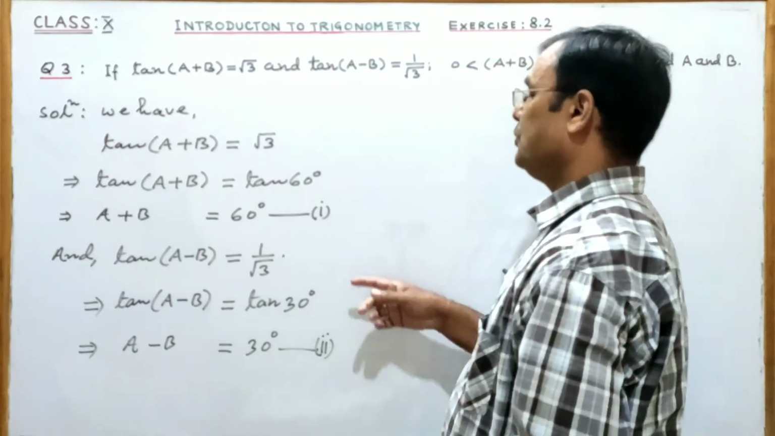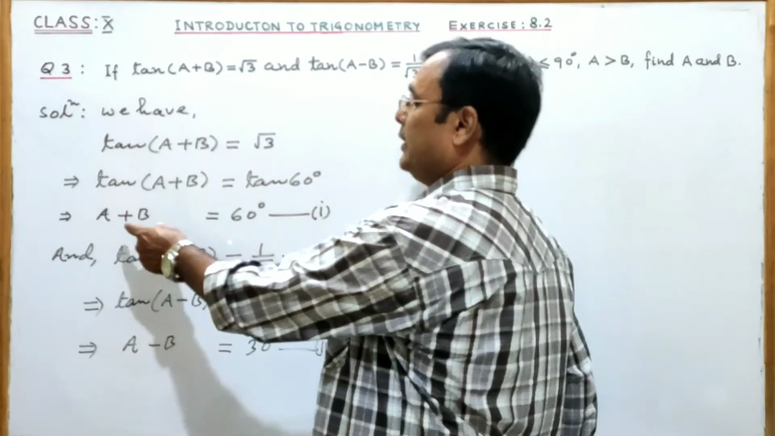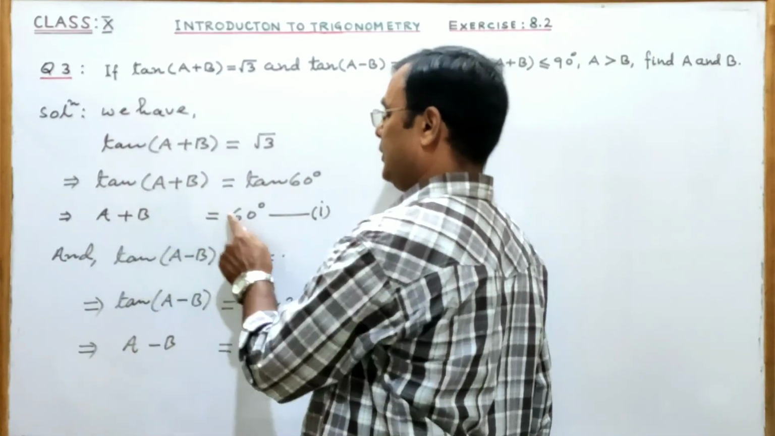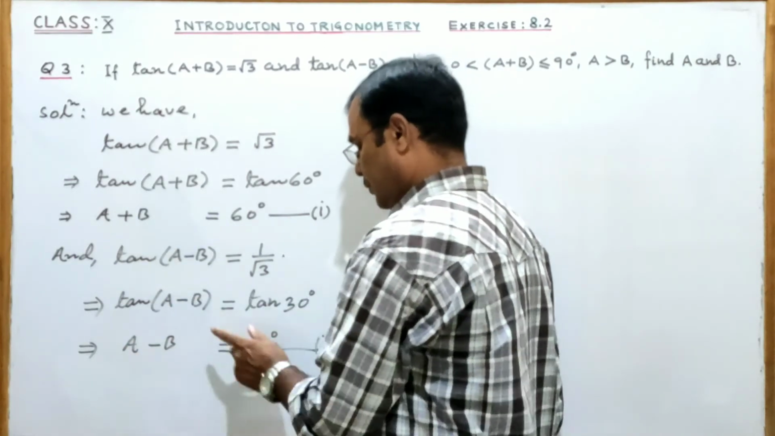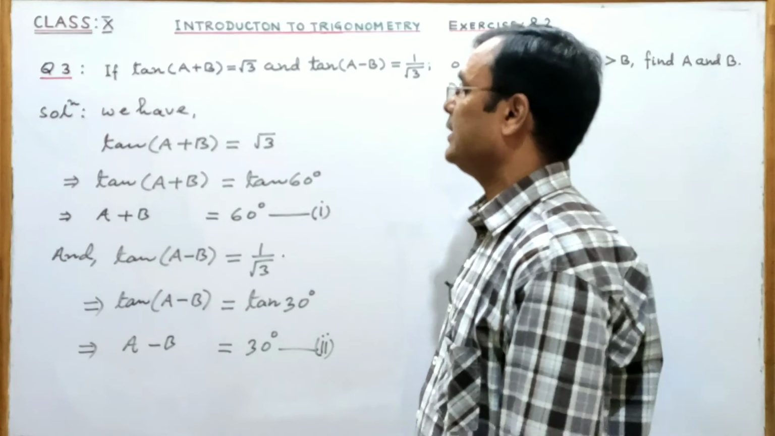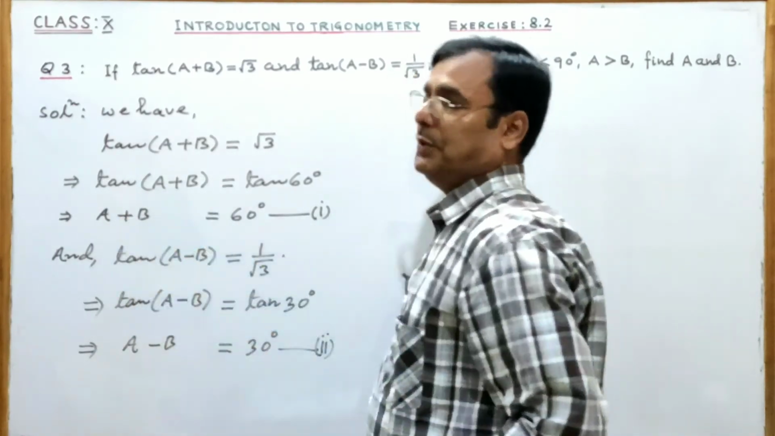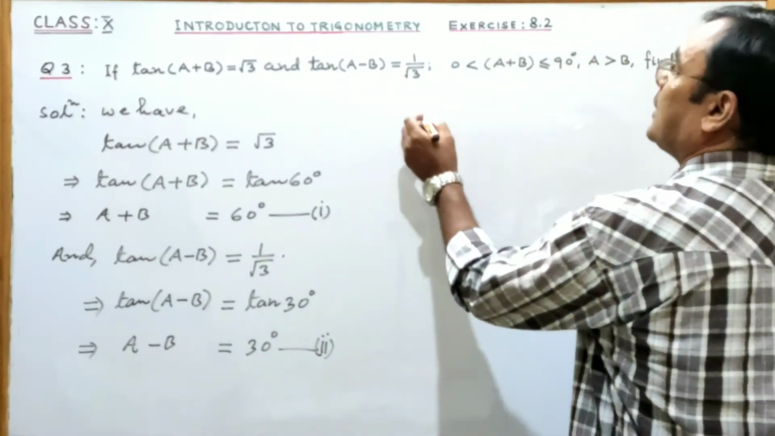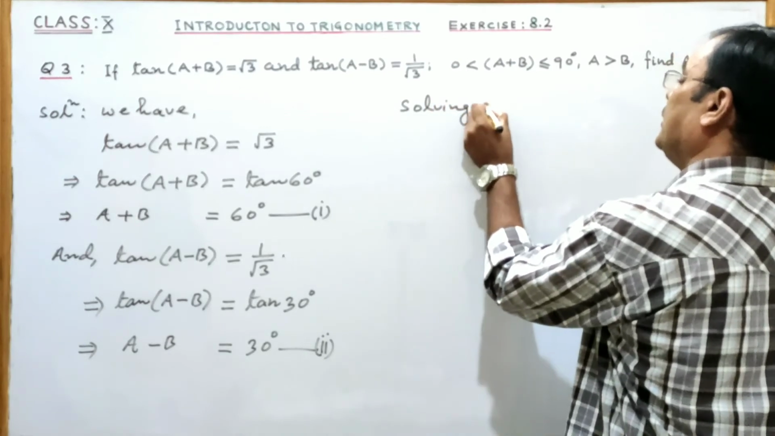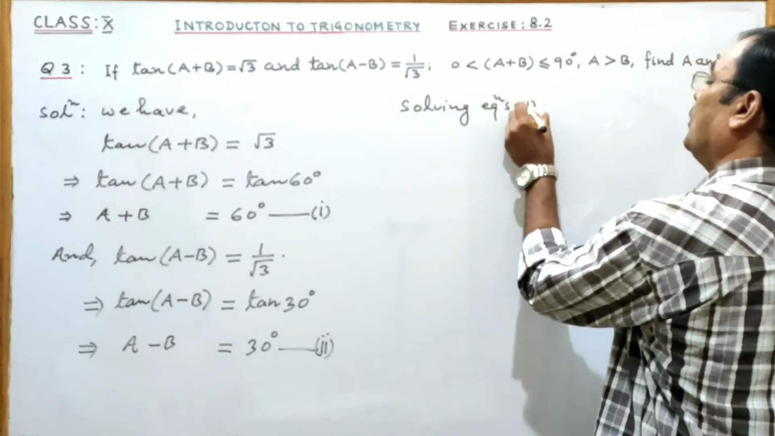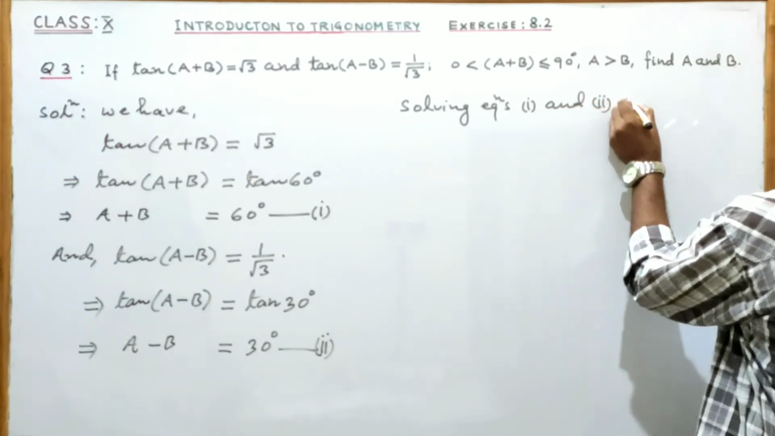Now we have two linear equations 1 and 2 in terms of variables A and B. See, this A plus B equal to 60 degrees is a linear equation. A minus B equal to 30 degrees is also a linear equation in two variables. Here in 1 and 2 variables are A and B. So now solving equations 1 and 2, we get